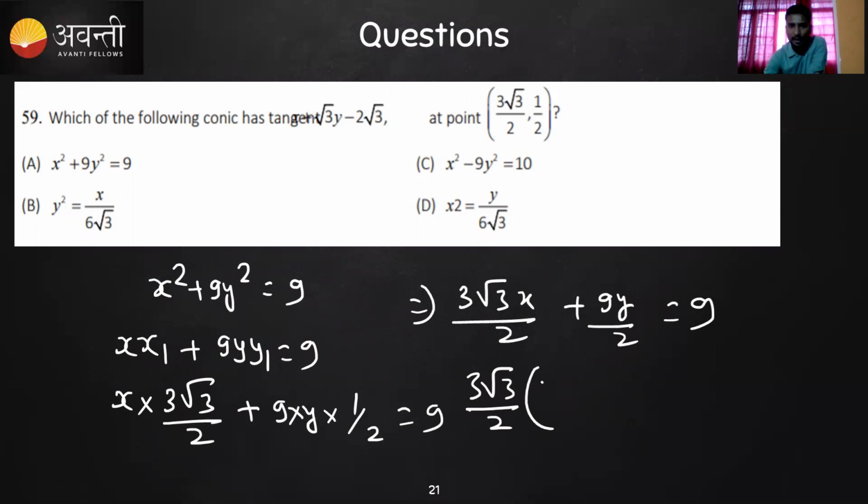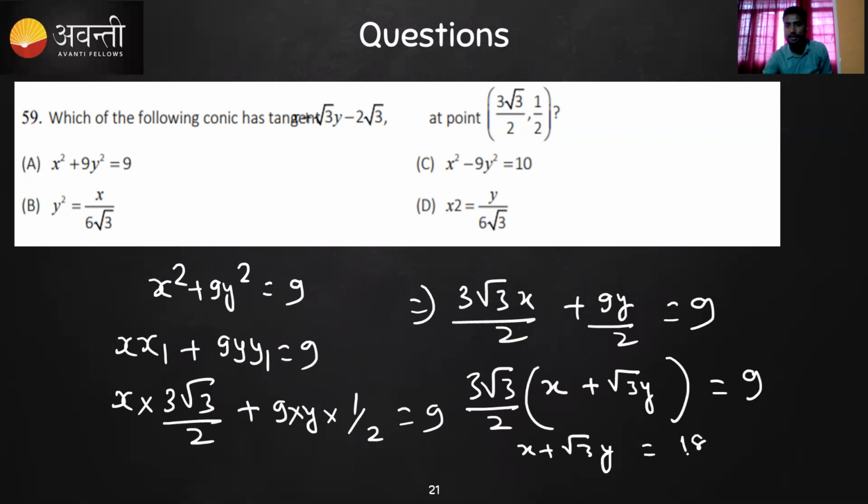You will get x, right? And then you will get root 3y, and then what will you get? I have written this like this now. So yeah, this is 9. So from here, what can you get? You can simply write x plus root 3y is equal to 18 by 3 root 3. So it will be 6, so from 6, it will be basically 2 root 3. So you can see x plus root 3y minus 2 root 3 is equal to 0.